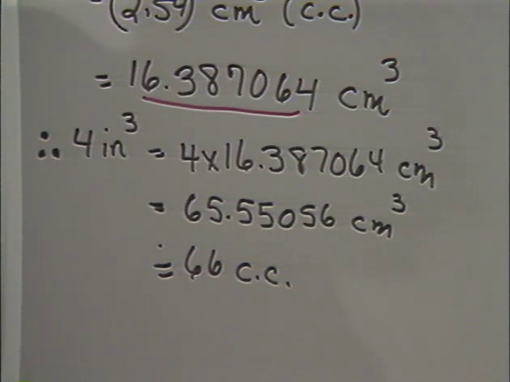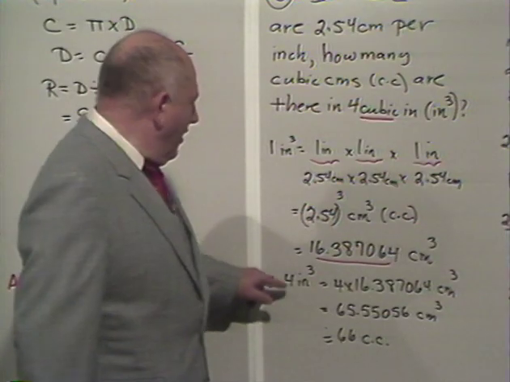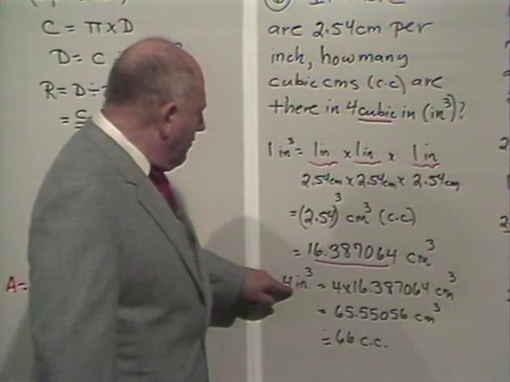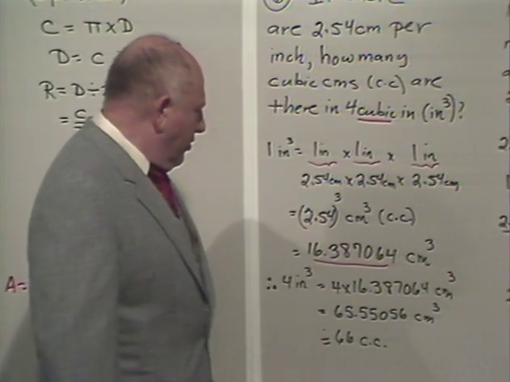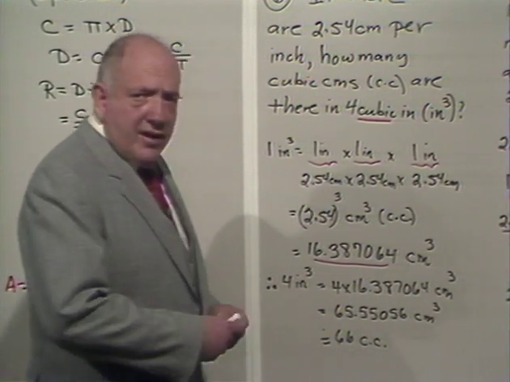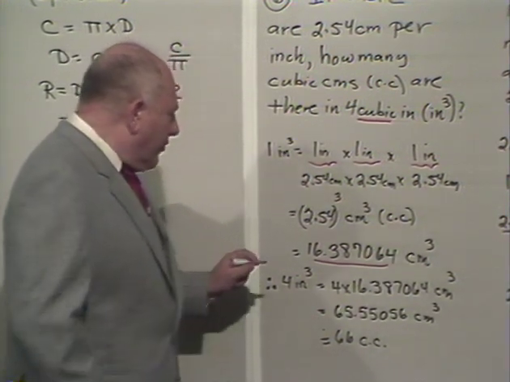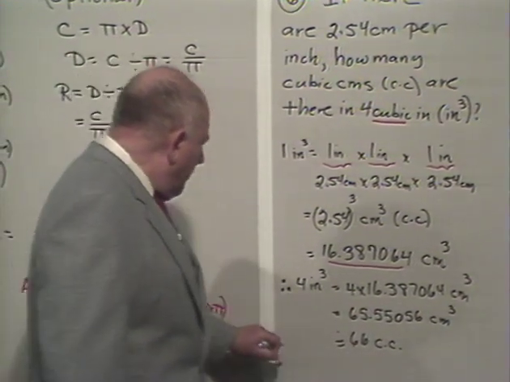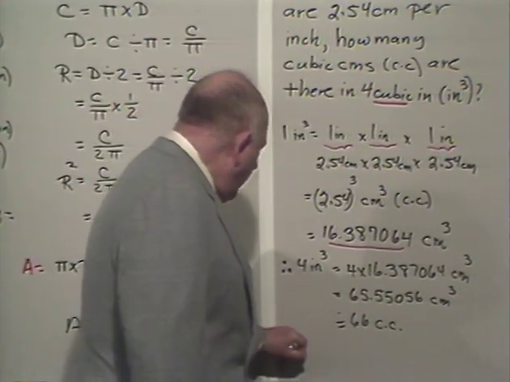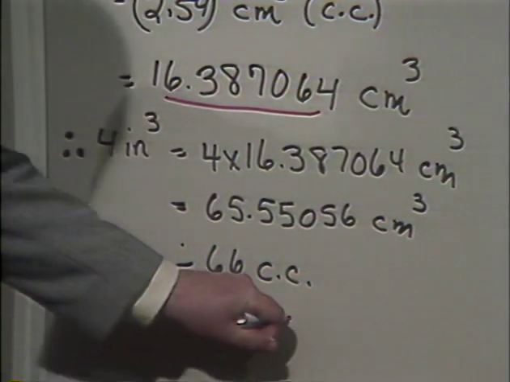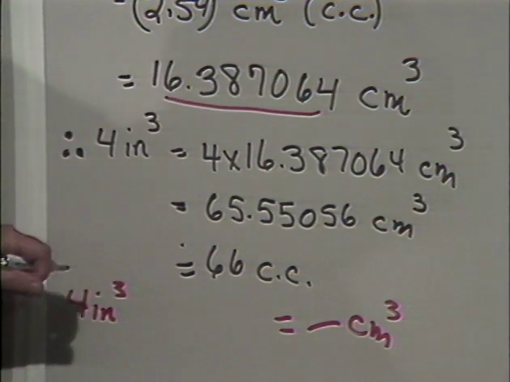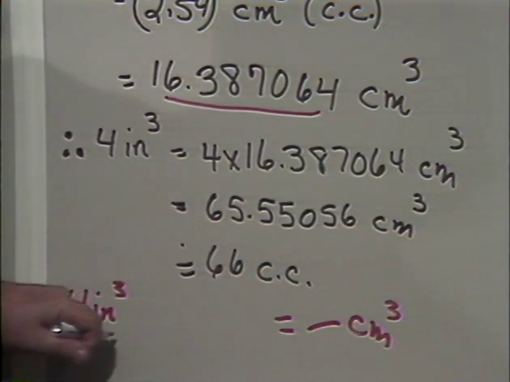Everything has to stand for something, so this stands for therefore. So if 1 cubic inch has this many cubic centimeters, 4 cubic inches will have this many cubic centimeters, and that rounds off to 66 cubic centimeters. And you see, the trick is, if you had said, okay, how many cubic centimeters are there in 4 cubic inches? See, if you wanted to use the dimensional analysis of converting cubic inches into cubic centimeters, see, the trick